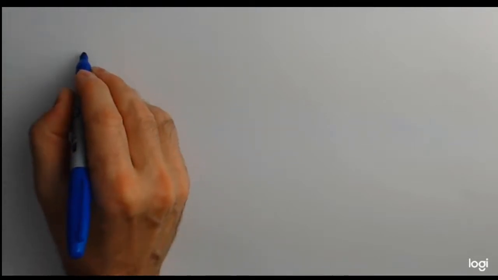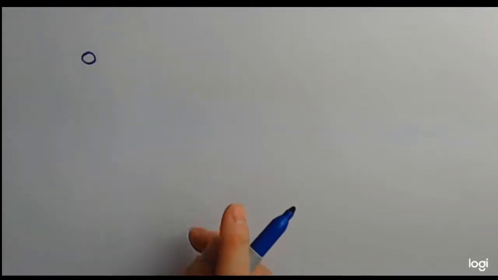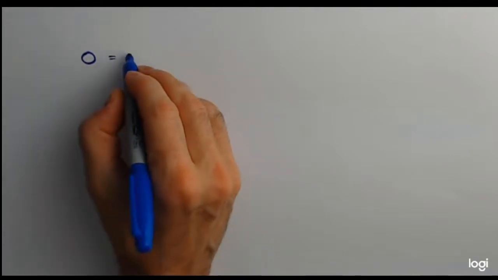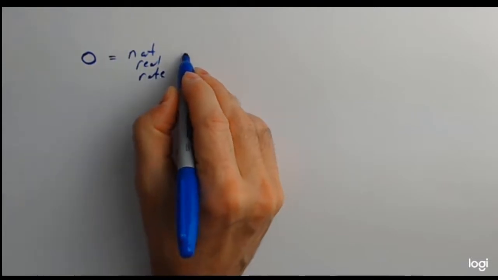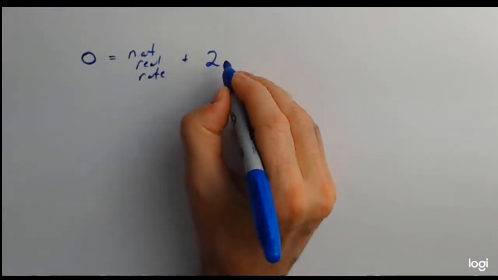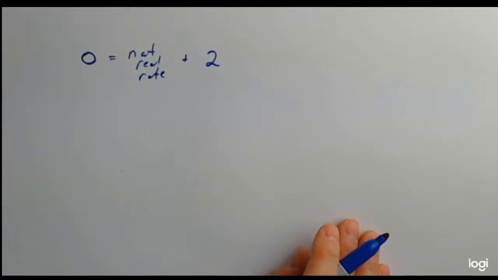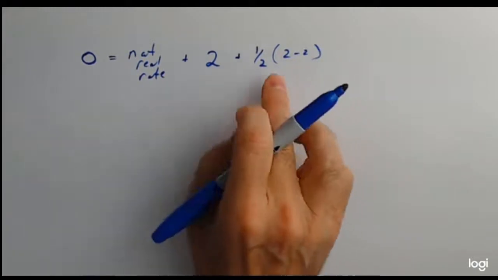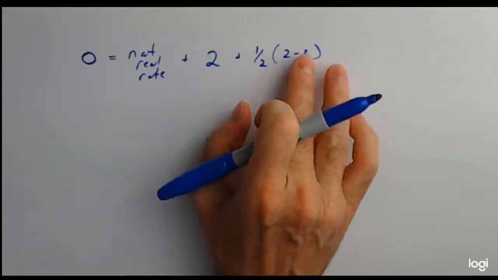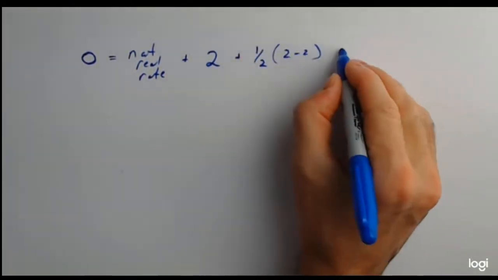So now let's ask the question, what does the Taylor equation look like now that we're in the middle of the coronavirus and interest rates are at the zero lower bound? Well, the target Fed funds now, let's just call it 0. And it's going to equal the natural real rate, which is unobservable, right? And it's the current inflation. Let's just say approximately current inflation is 2%. And we have 1/2 times 2 minus 2. The inflation gap is 0, basically, so that plays no role. And then we have